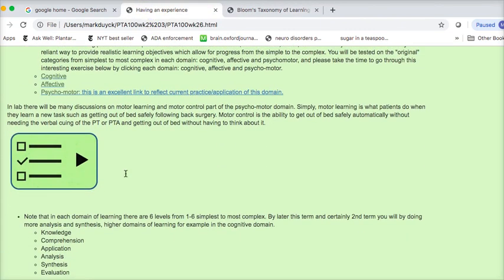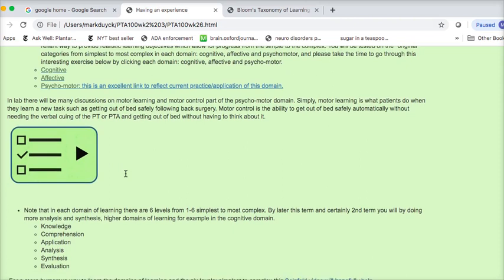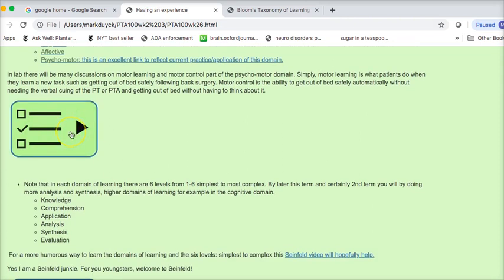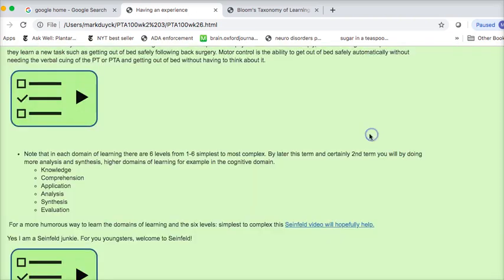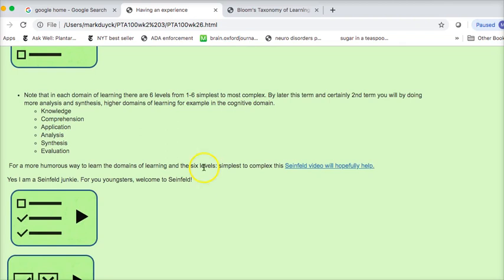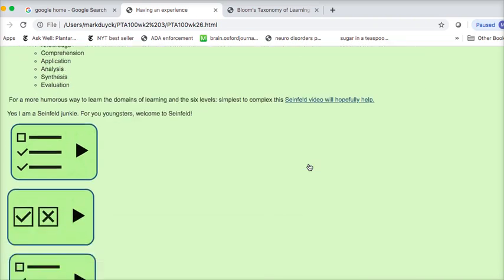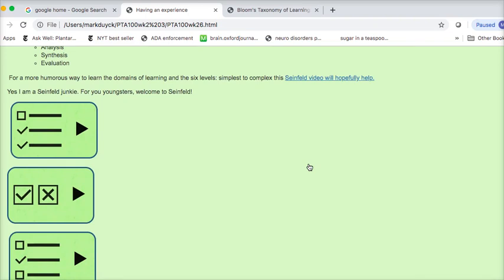It's actually quite rich, and I really love it. You have some really good little Quizlets, is what they're called, where you now assess how you learned. And I think the Seinfeld video is really funny, but it's also quite rich in applying Bloom's taxonomy in terms of some of the characters and episodes from Seinfeld, which was a very popular comedy series in the late 80s